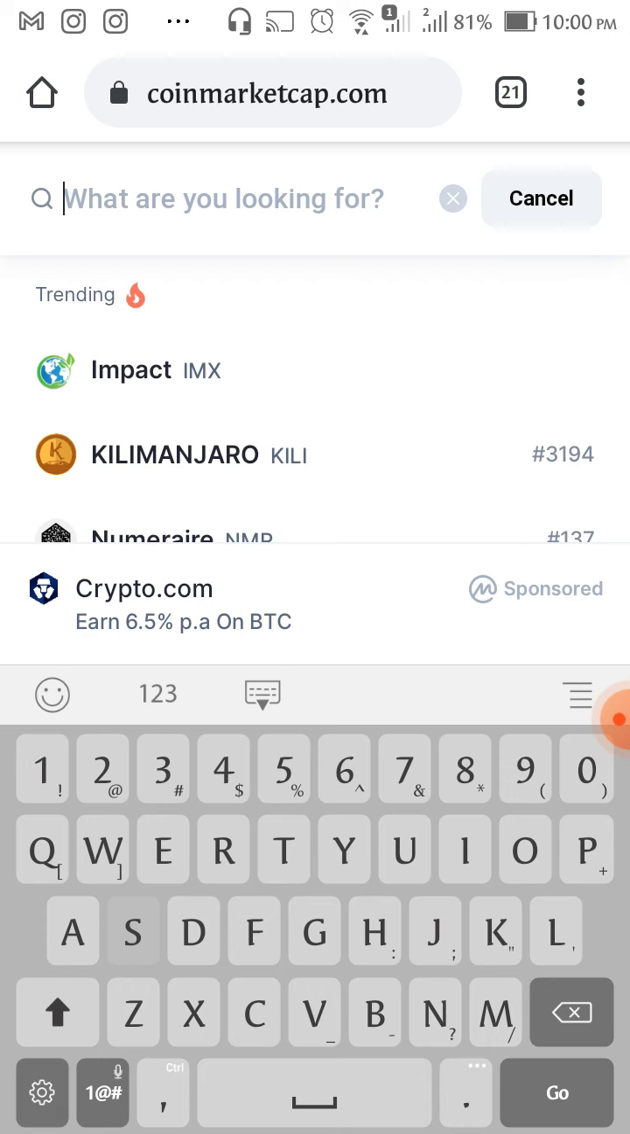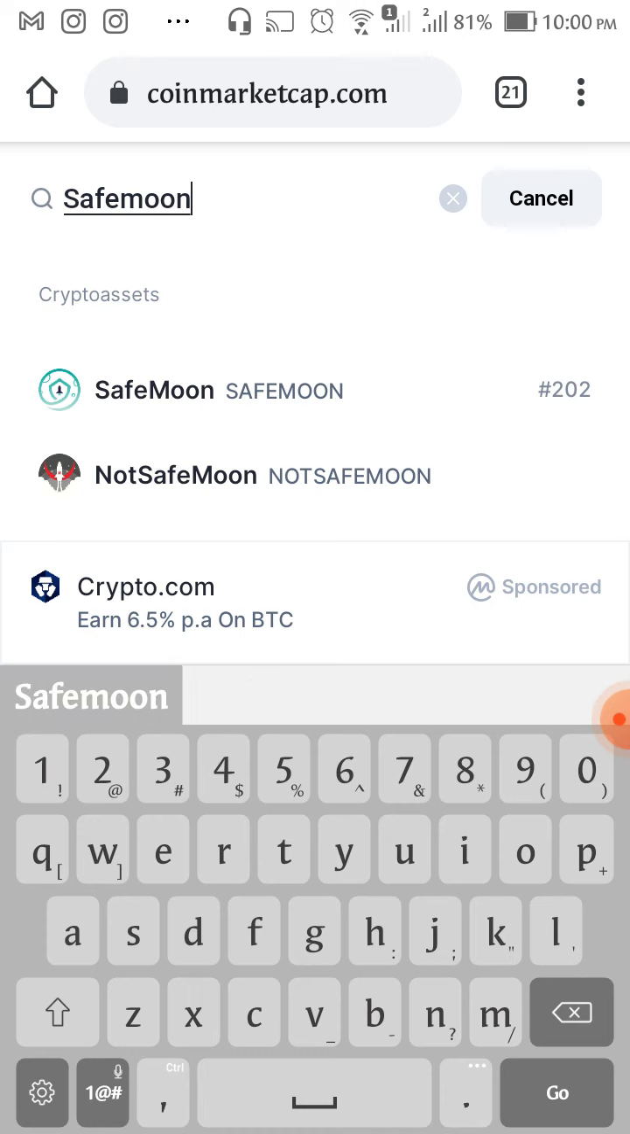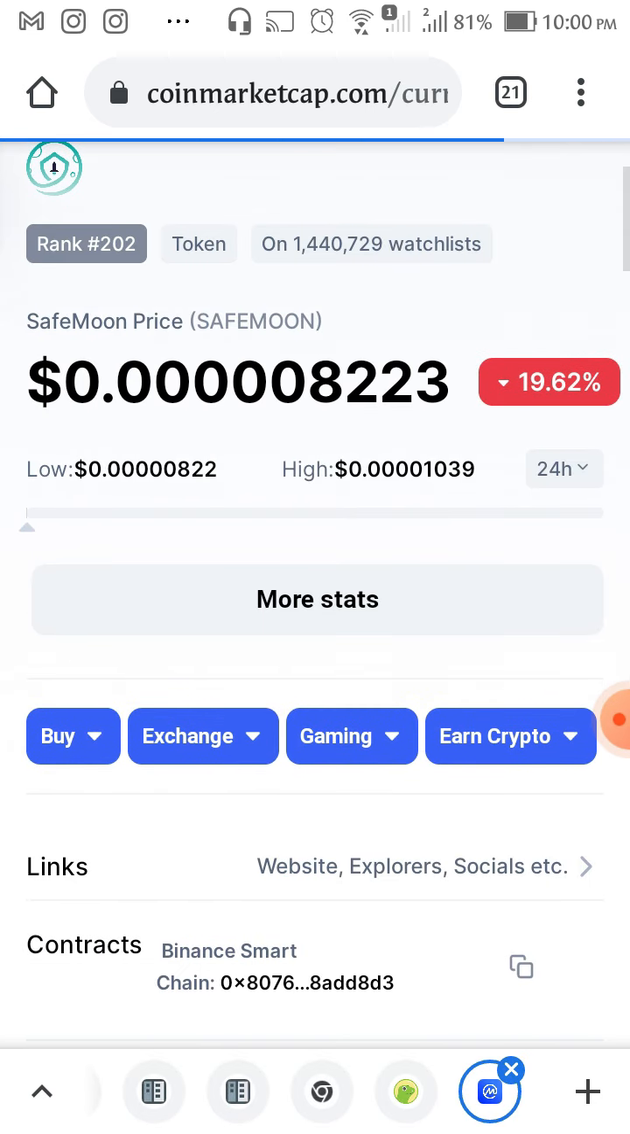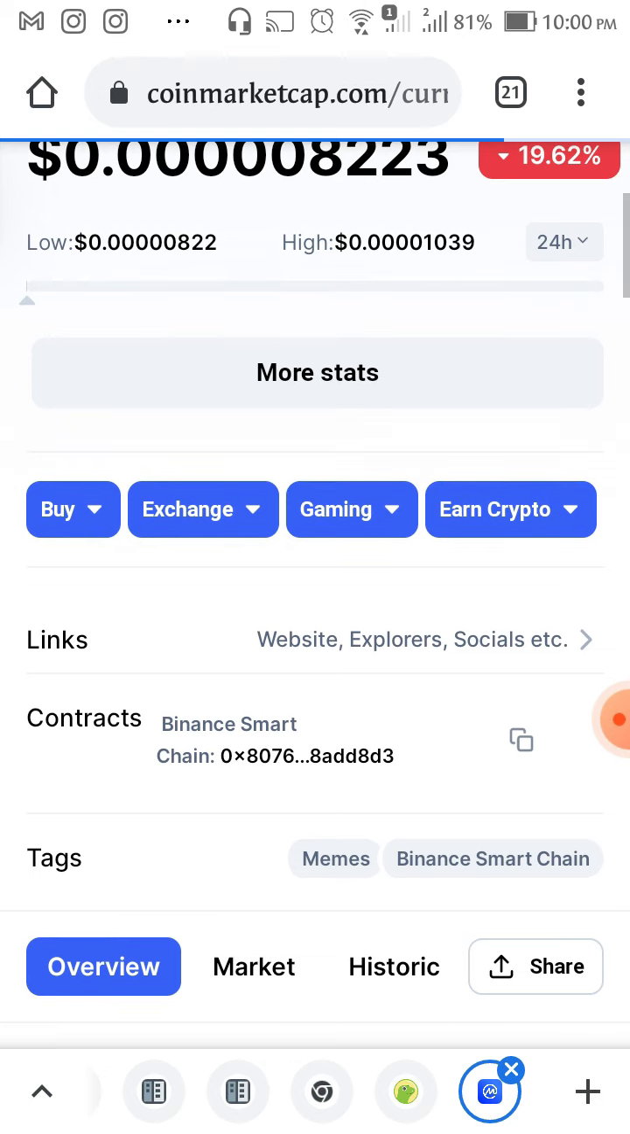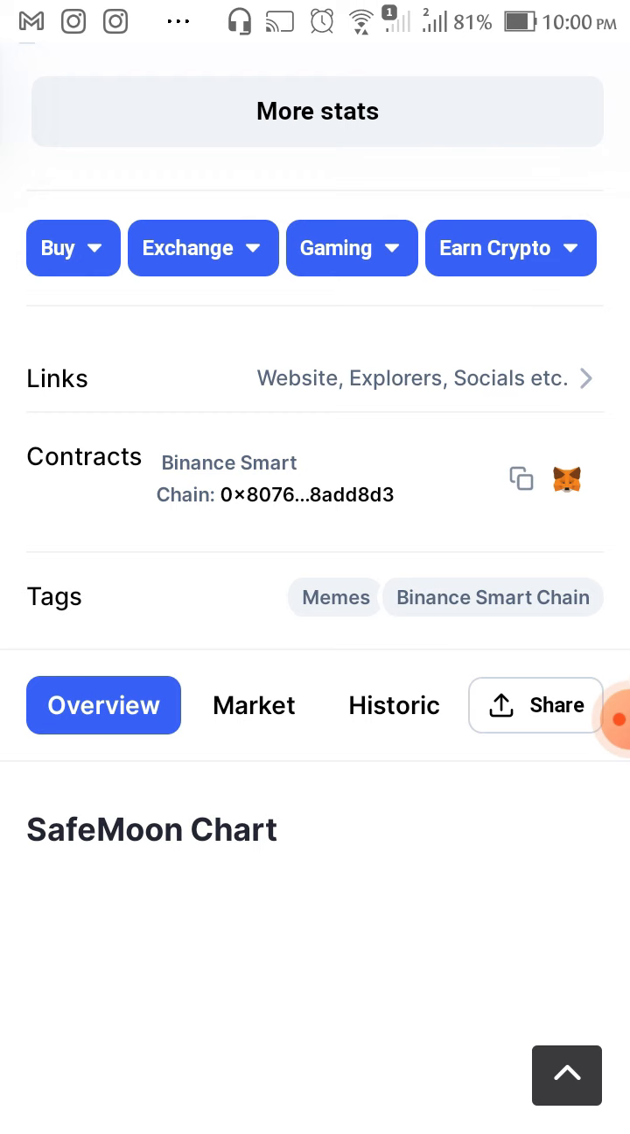Let's search for SafeMoon. So there's a SafeMoon result. Let's click on it. What we need here is their contract address, which is their identifier, which says this is SafeMoon. You find the contract address after the links, in the contract section. So we need to copy it. There's a copy icon there beside the cat that is looking at us right now. When you click on it, you see a copied message at the top of the screen,